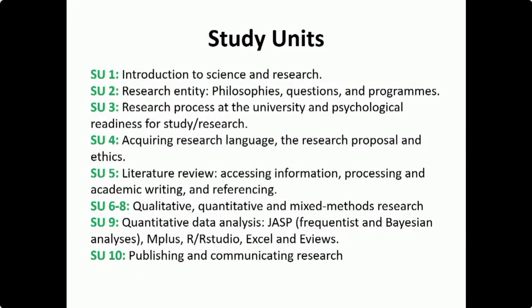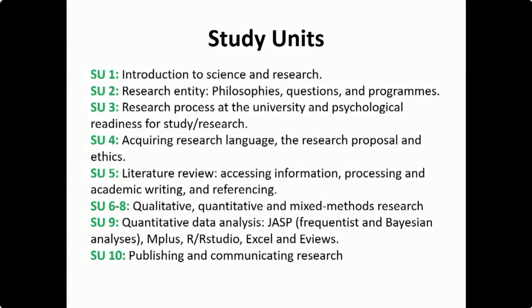Quickly, just from my side, the 10 study units: there's an introduction to science and research to bring every person to the same sort of level on what we mean when we talk about science and research. So there's also a rationale for the order in which we have these study units. The second study unit is about the entity that you are part of, the philosophies, the questions, the programs, the support available in the entity. And then the research process at the university, and also the psychological readiness for study and for research. Study Unit 4 is about the research proposal mainly, and also ethics,